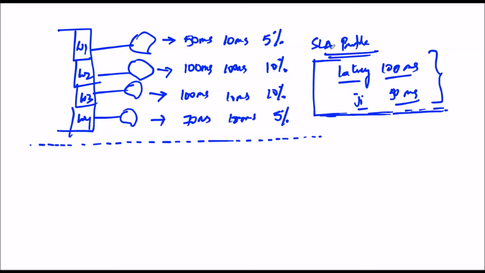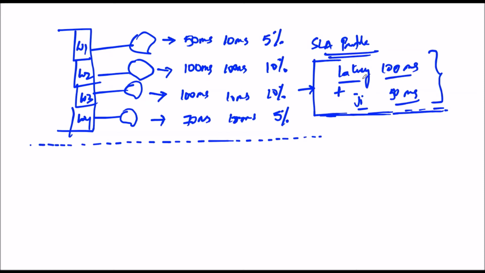If I try to select multiple match conditions in an SLA profile, what is going to happen? It is going to be like an AND clause. It tries to match both the latency as well as the jitter information. Latency is 100 milliseconds plus jitter value is 50 milliseconds. Now we are requiring that, so which WAN interfaces are meeting the SLA profile?